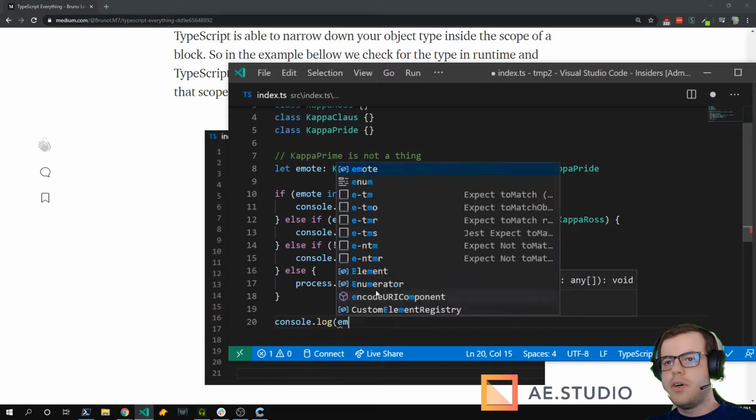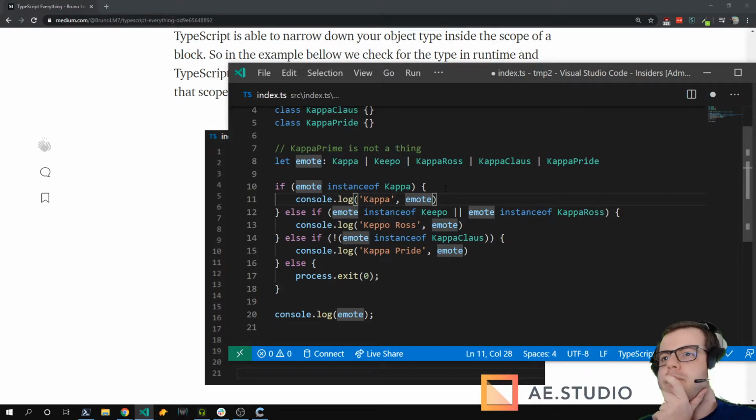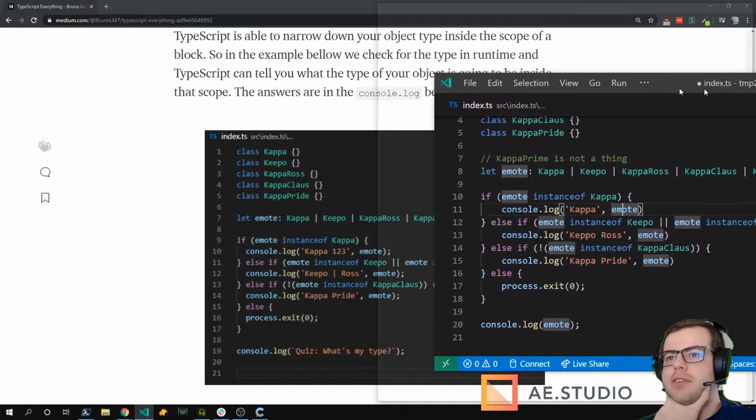And my question was, what is the type of emote after everything? So let's go. If emote is type kappa, it goes here. So it can be the type kappa. Am I doing this right?